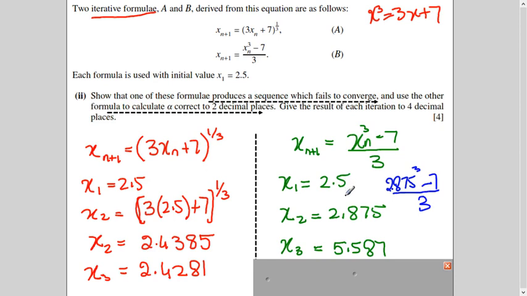So can you notice the sequence is diverging? It is not coming towards some answer. First it was 2.5, 2.8, 5.5. Now if you plug in this value here, cube it minus 7 divided by 3, the answer will go further away. So this means this sequence is diverging, right? So for converging, the answer was 2.43, and the second sequence is diverging. It fails to converge.